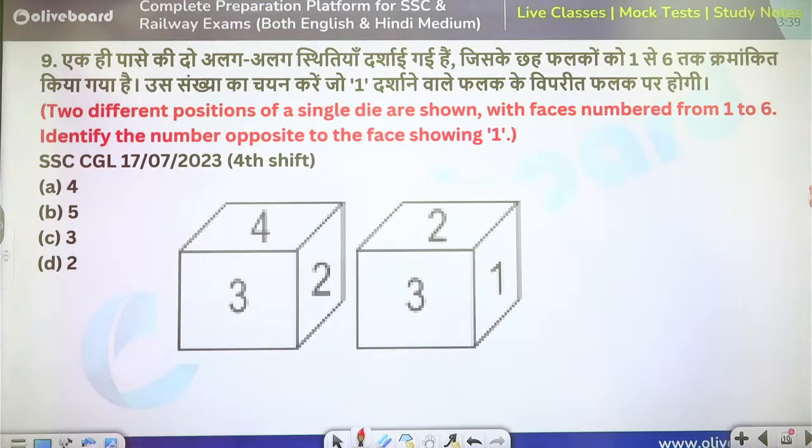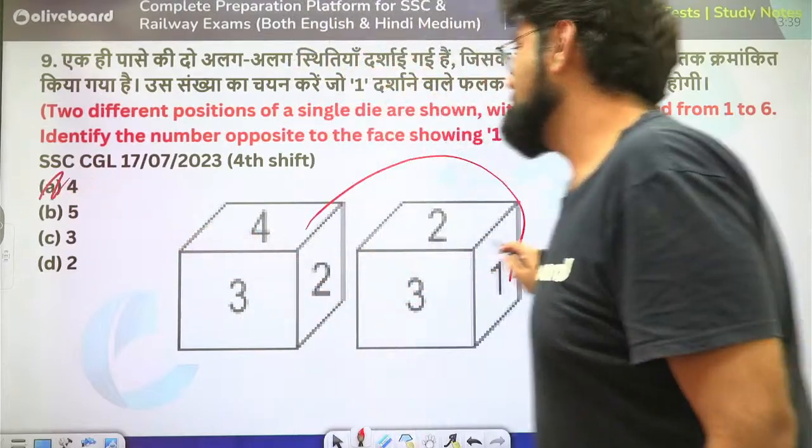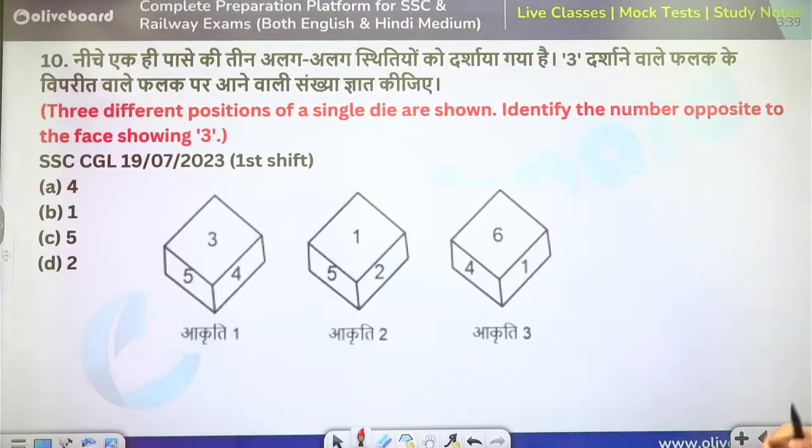What is opposite to the face showing 1? 1, 2, 3, 2, 3. I think 1 is opposite to 4. Pretty easy. You must be thinking the questions are pretty easy. What is opposite to 3? 5, 4. Okay, this time we'll have to go with the